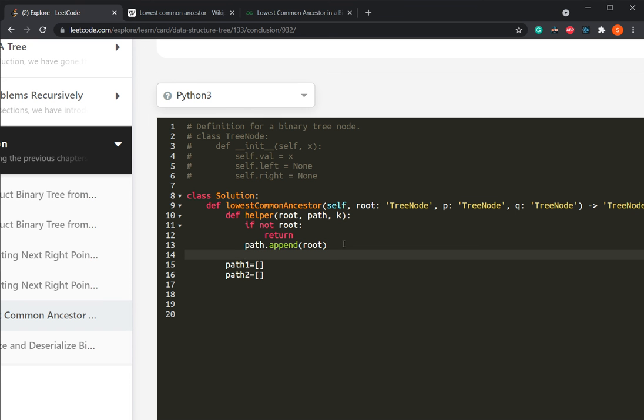And let's say if root itself is the target key p, then in that case we will simply return the root itself. Let's say if root equals the key value, then simply return root, right? Or if this is not the case, root might be in the left subtree of the tree, or it might be in the right subtree of the tree. So in that case we want to check,